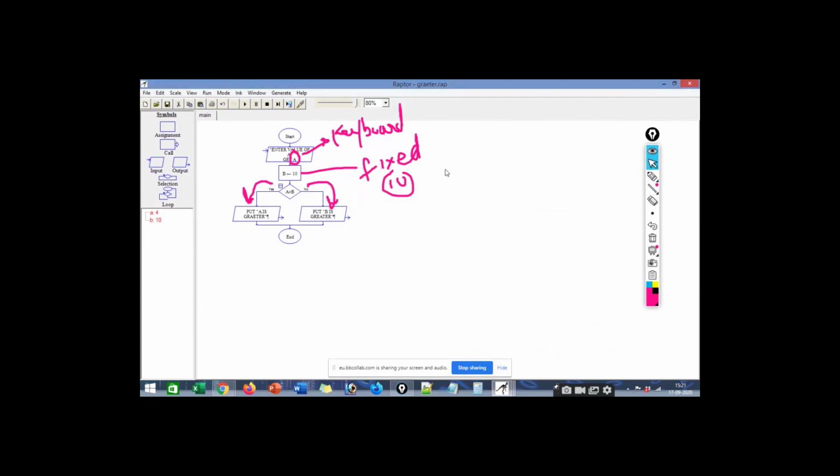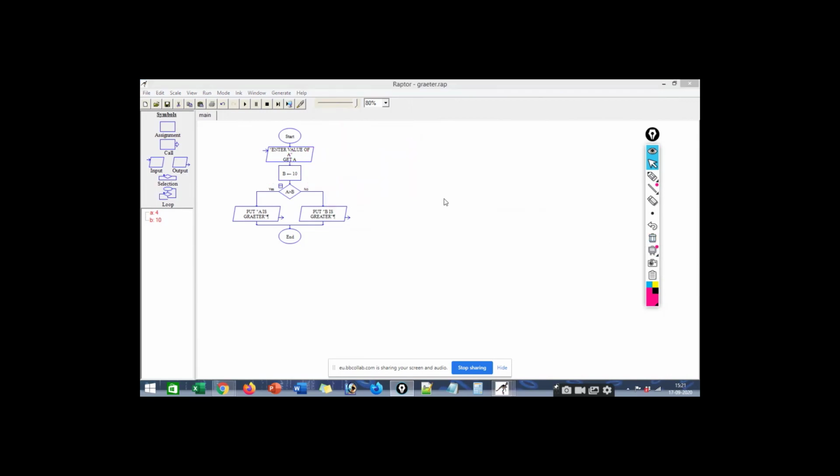Understand this part. In this program, this is my input, this is my input, this is my assignment. I am assigning the value. So this is input here, this is assignment here, and what is this?